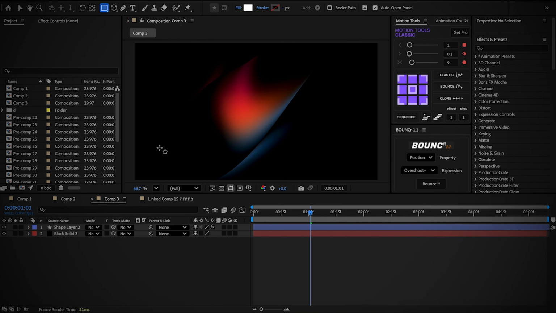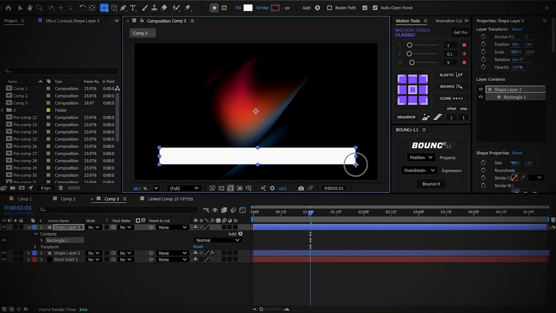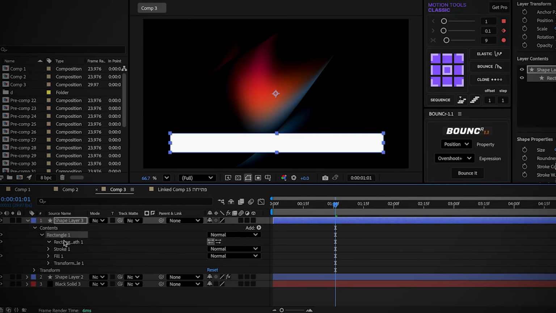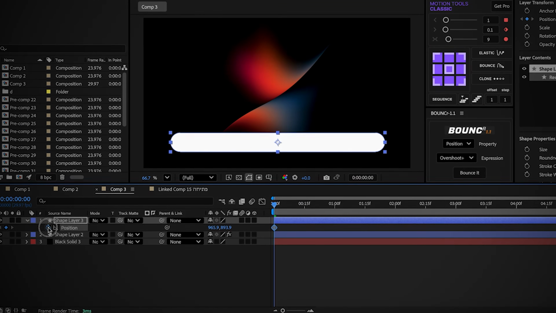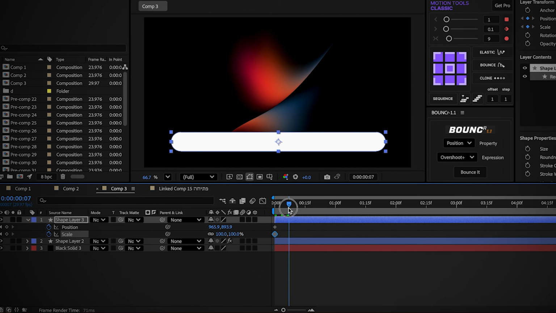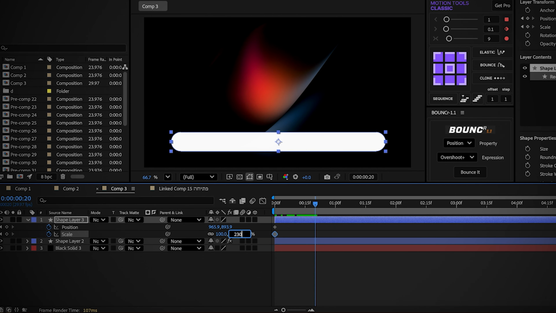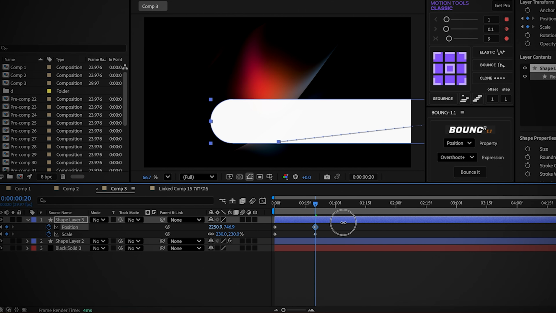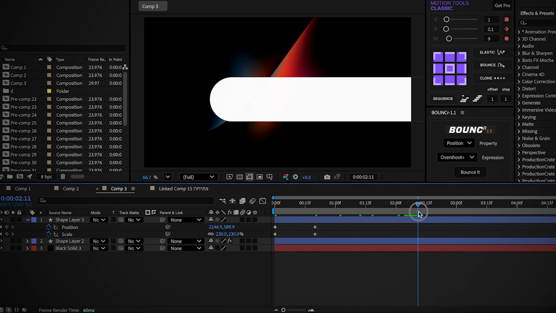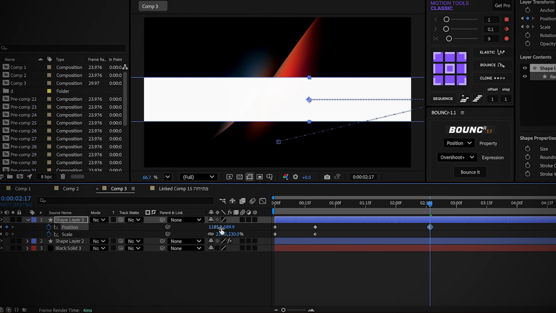Create a white rectangle at the bottom of the screen, roughly this size. In the rectangle settings, increase the roundness to 500, center the anchor point, and at the start of the layer, create position and scale keyframes. Move forward 20 frames, increase the scale to 230%, move the rectangle up to the center and shift it slightly to the right. Move 2 seconds forward, drag it to the left so it's on the opposite side,